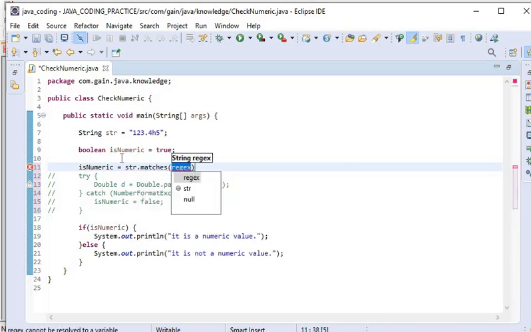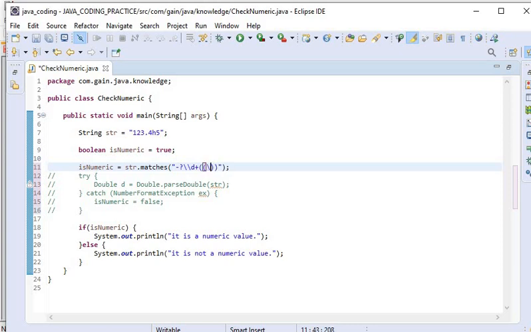Here I will pass the regular expression that will be used to check if a string is numeric or not. So here I will use minus, question mark, hyphen, small d plus, and here I will use small brackets, open and close.